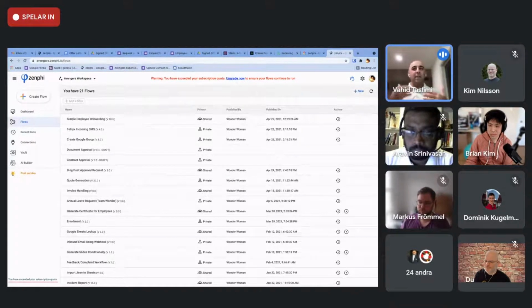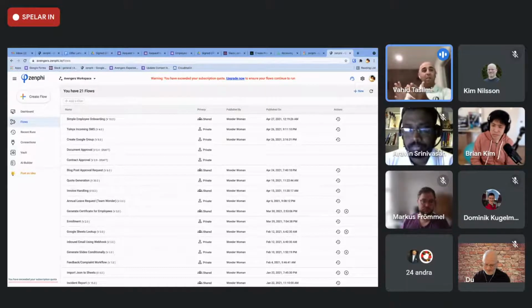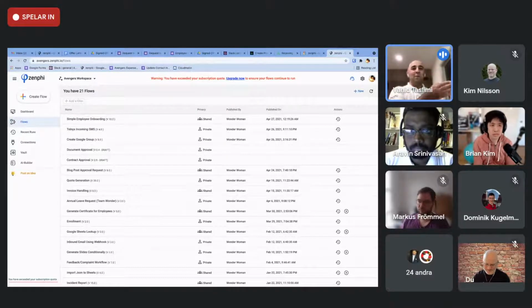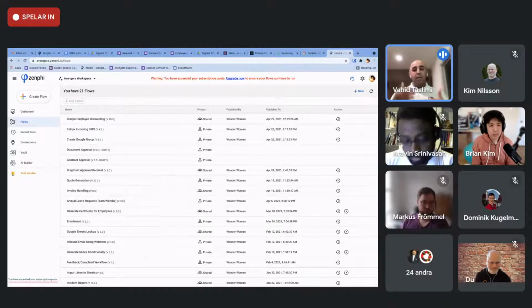So one of the things we've always discussed internally is that we wanted to make it really easy for people to get started with Zenphi with a solution like this, and experience it. And if you need to build your way up to make it more complex, be it an enterprise thing, sure, there's a pathway to that. And that includes everything, all the way from the sign up, to the features, to the pricing. Everything we've done, we have considered that. One of the reasons people haven't been using it a lot in the Google ecosystem, from at least the conversations we've had with our customers, is